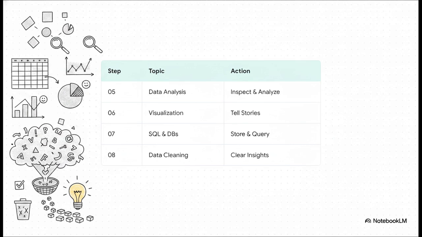Listen, this is the unglamorous secret of the entire industry. Data scientists famously spend something like 80% of their time just cleaning up messy data. But it's totally vital. The golden rule in AI is garbage in, garbage out. Feed an AI messy, incorrect data, and you're going to get messy, incorrect answers. You have to learn to clean and manipulate your data before you even think about touching a single machine learning algorithm.